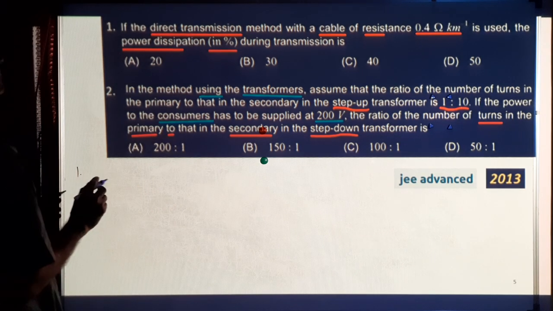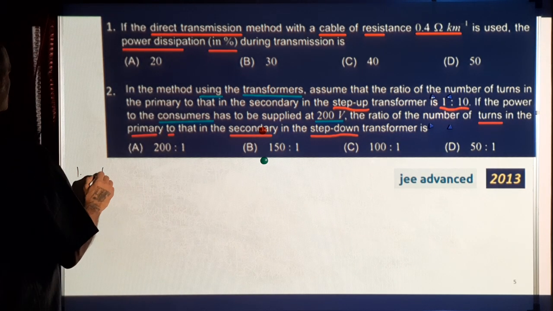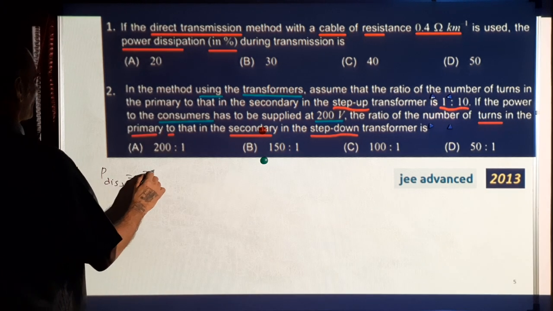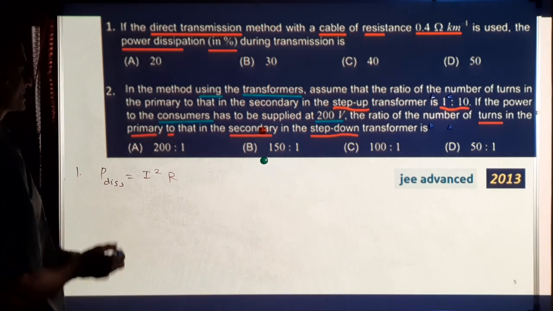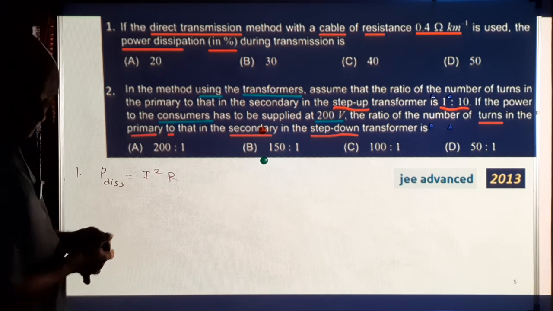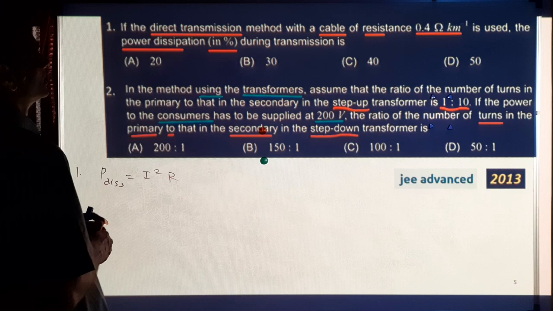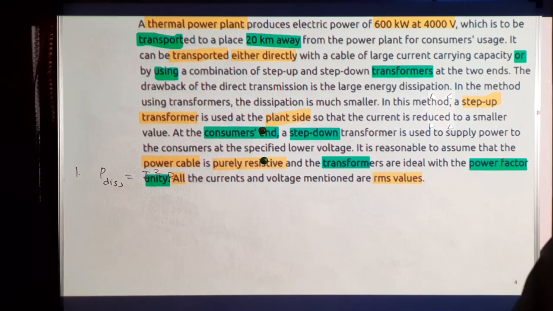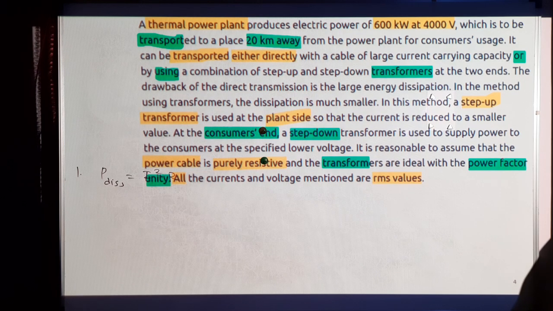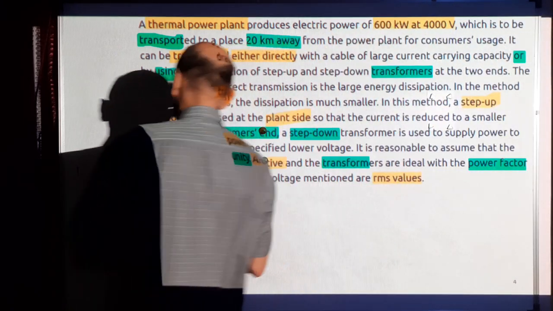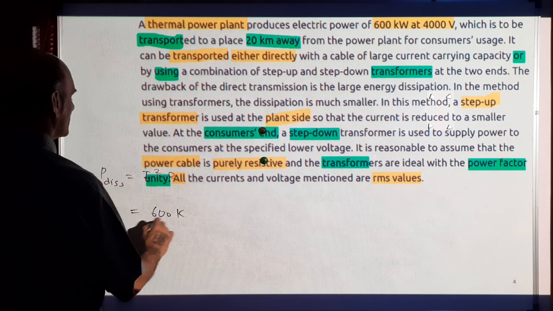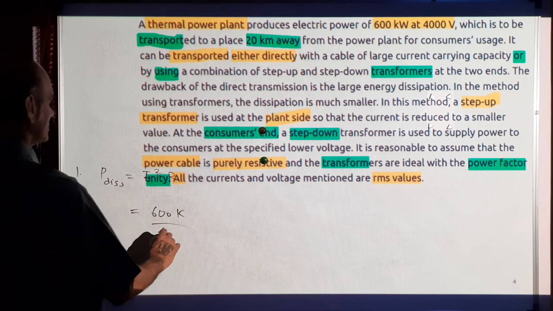So, first question: power dissipated in the transmission cable. That is I squared R, where I is the current flowing in the cable. This current we can get from the power and voltage rating of the plant. That is 600 kilowatt by 4000 volts. So current is 600 K by 4000. It's 4 K